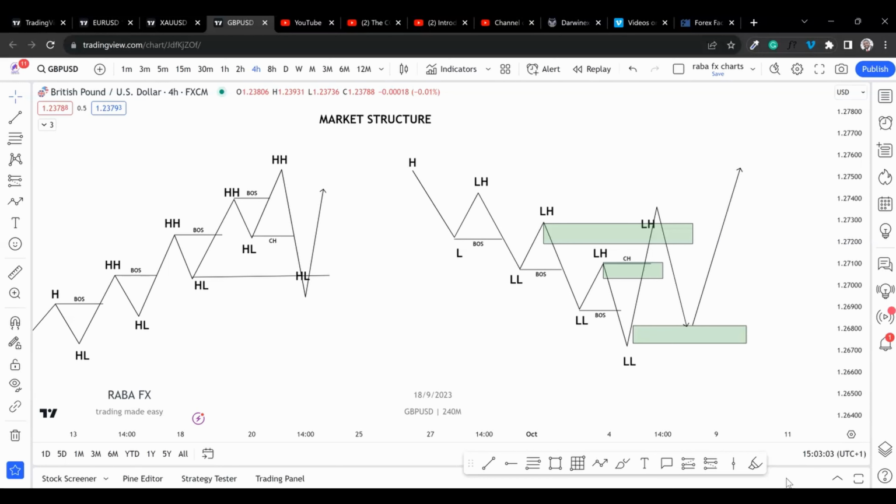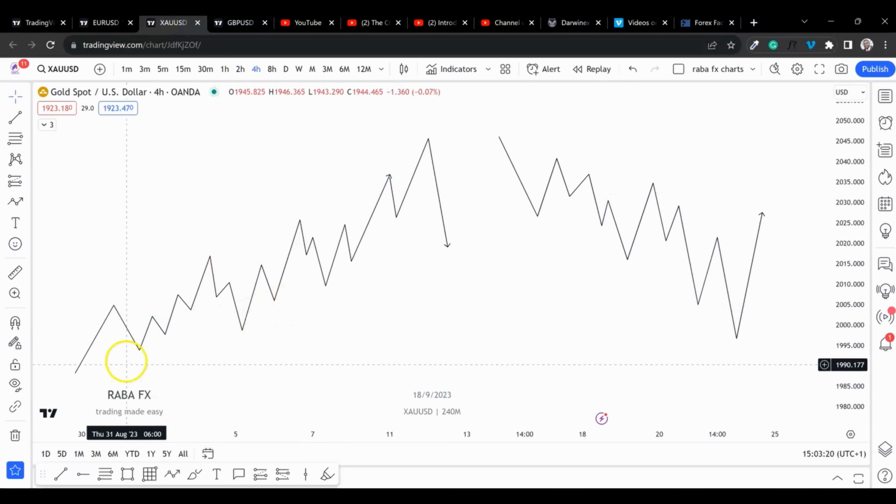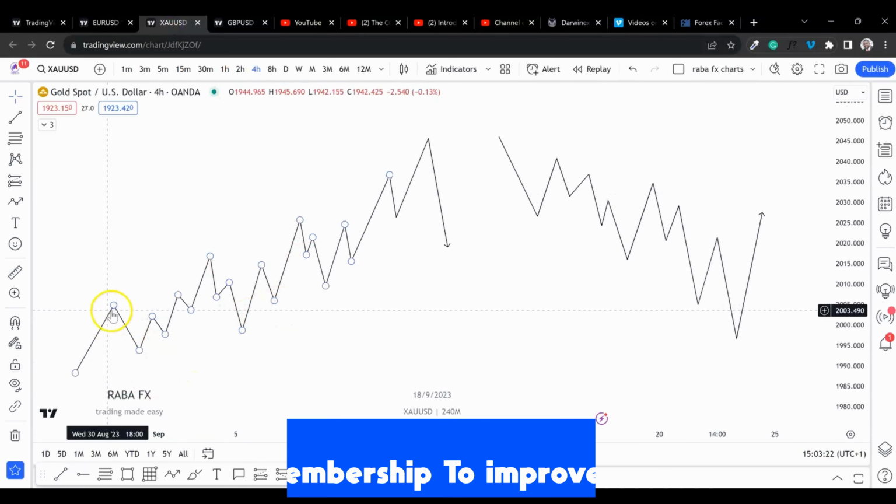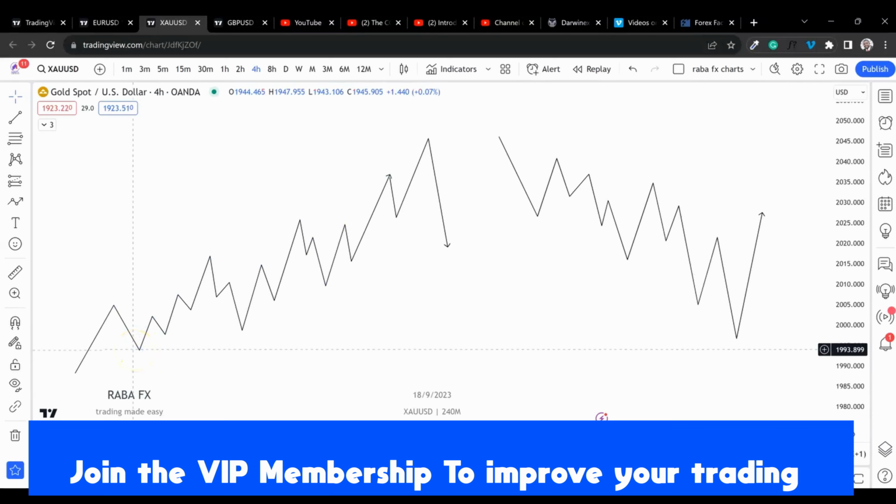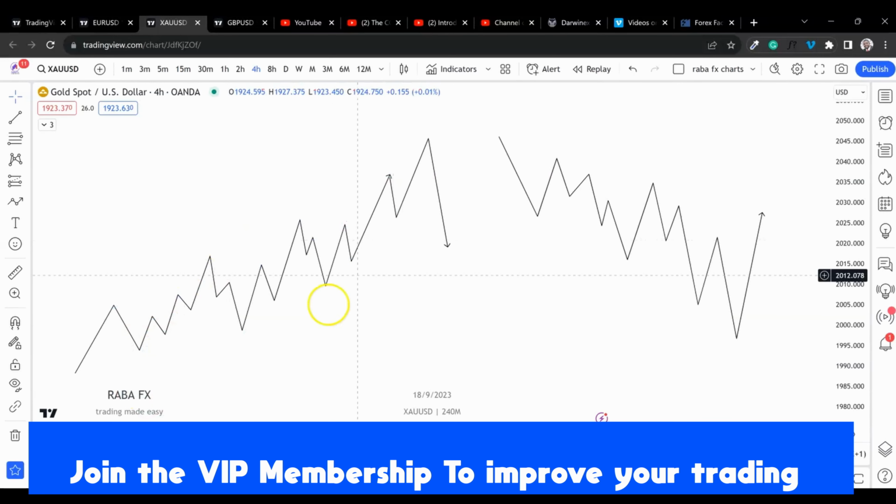Trading is not as simple as it is. I do my best to make it as simple because that is my mantra. Trading made easy. I want it to be easy as easy could be. Alright, so let's look at a complex situation. In a complex situation, we have a high here, low. Now, if you can see, this particular leg here, this impulse leg, what I want to show you here is